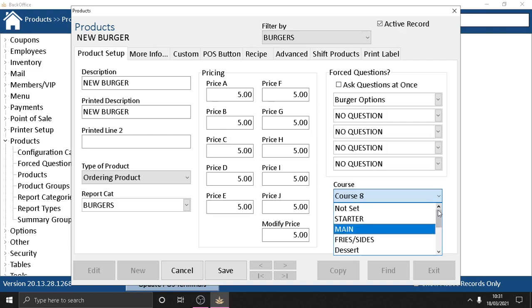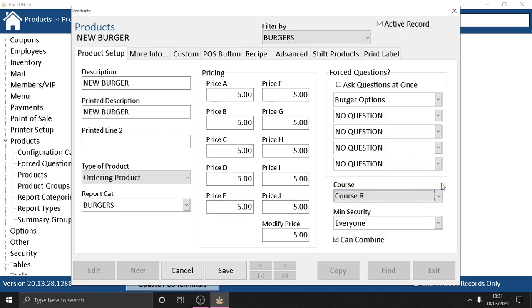Not everywhere requires this. For example, cafes generally don't have such big checks, so not everywhere necessarily requires courses. But if you are using courses, then because I've copied the product, the correct course is more than likely to be copied from the previous product, but you can